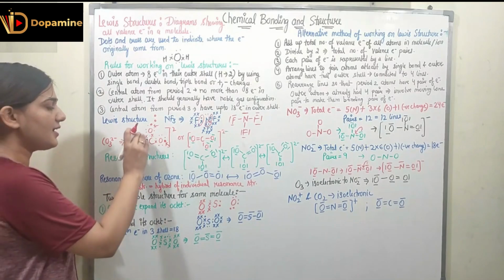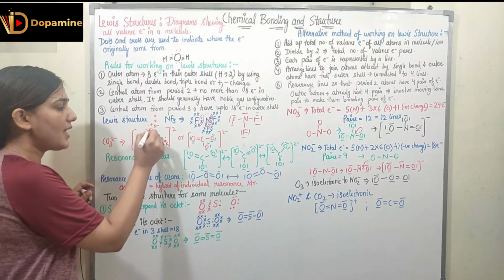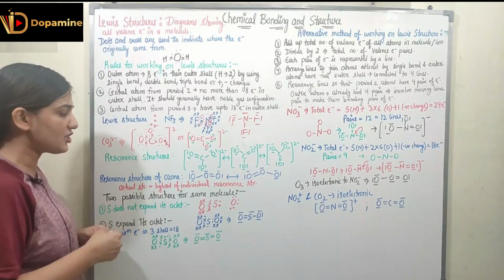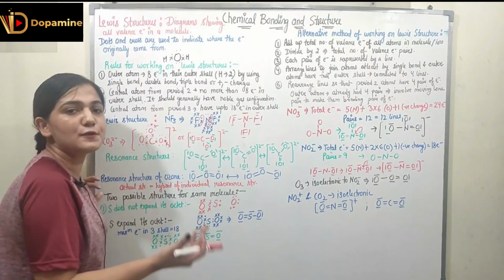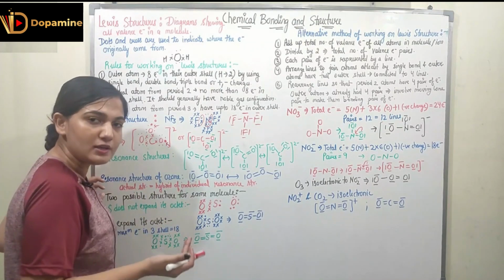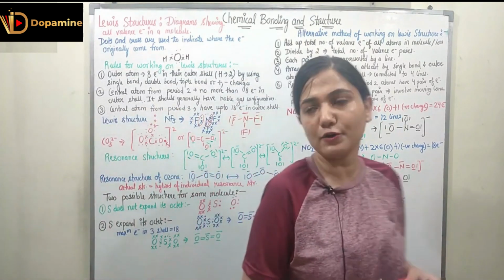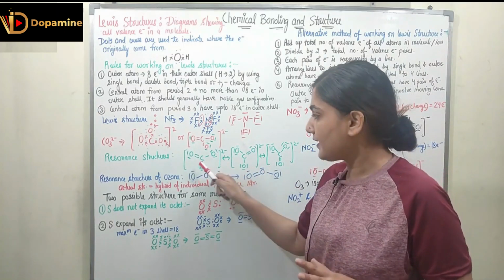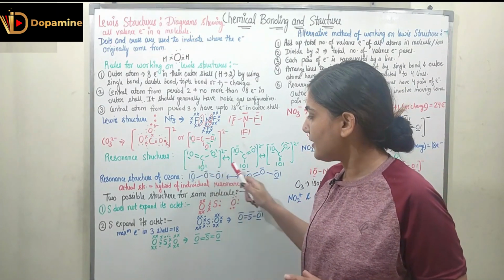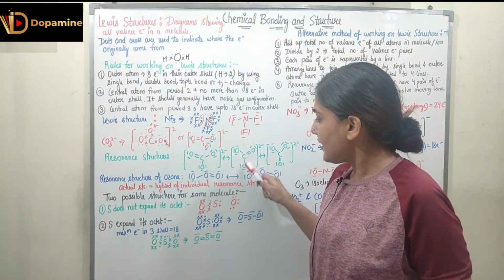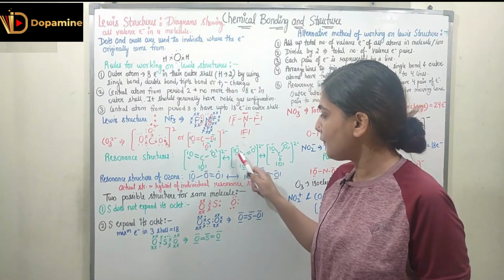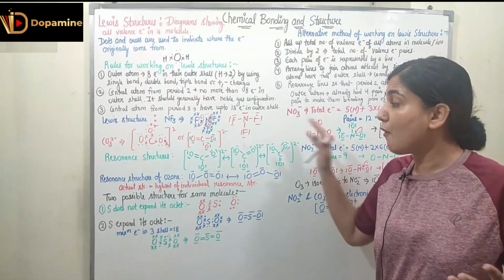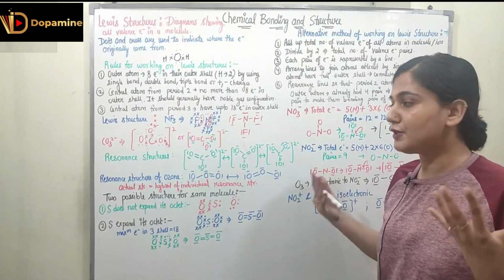Now if I take the double bond for a different oxygen and O negative for the other 2 oxygens, I can change the representation as well. So we can have different resonance structures, which means the molecule is the same but the representation is different. Here these 3 represent CO3 2- only, but here the double bond is present over here and these 2 are O negative. Here the double bond is present over here, these 2 are O negative. So now all of them represent the same CO3 2-.